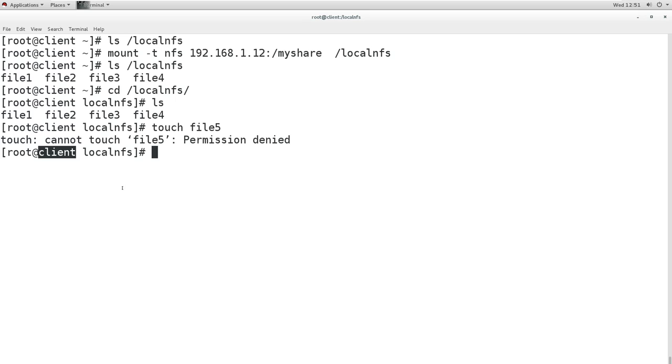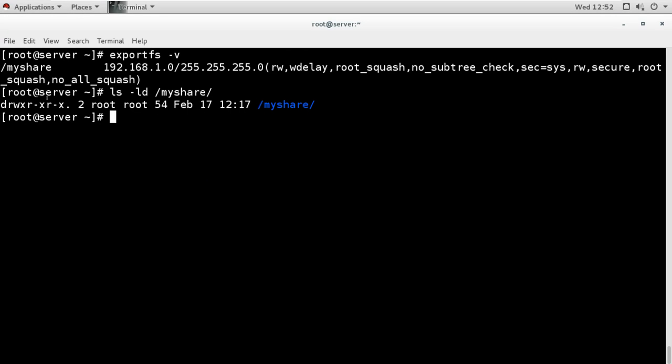So basically this NFS service considers the root of other machines as nfsnobody, and nfsnobody is like an anonymous user. An anonymous user will get the permissions of others. It will not get the permissions of the owner, it will get the permissions of all the other users.